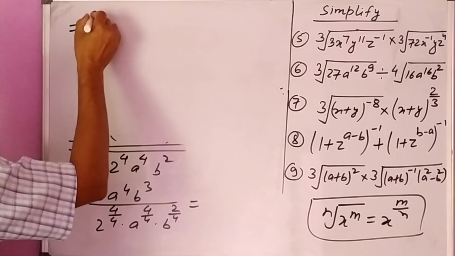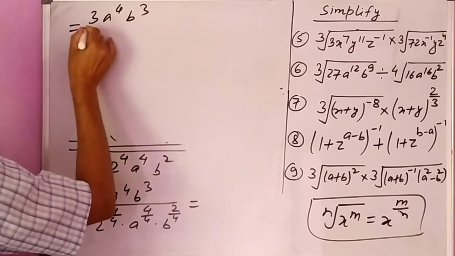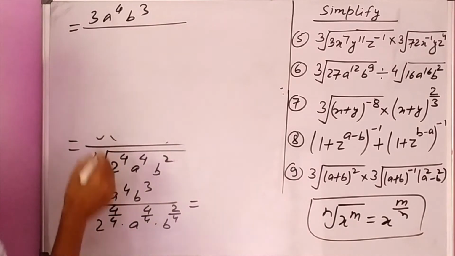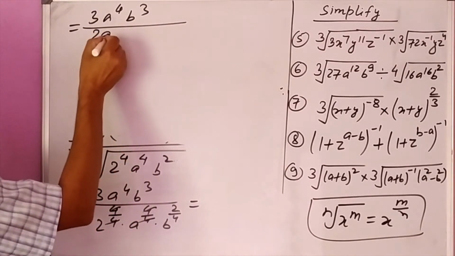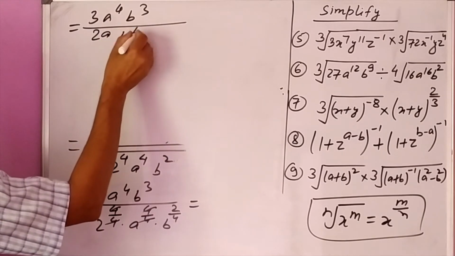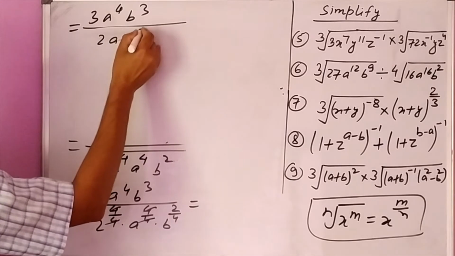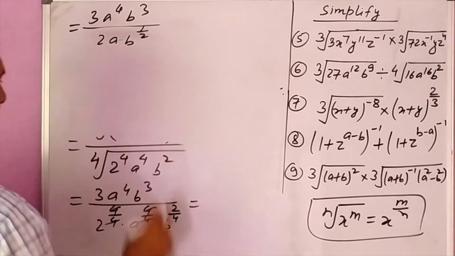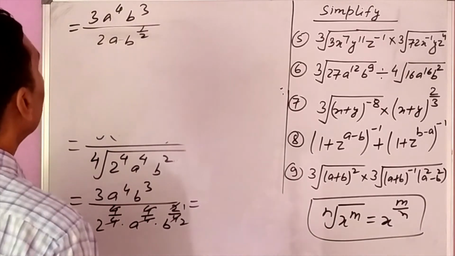Now the numerator is 3a to the power 4, b cube, as it is. For the denominator, this and this cancel, this and this cancel. So 2a and b to the power 1 by 2, 2a b to the power 1 by 2. 2 1 the 2, 2 the. So it is,